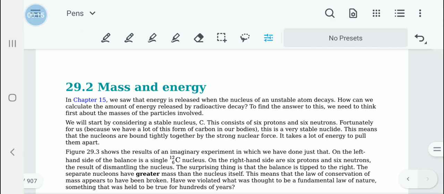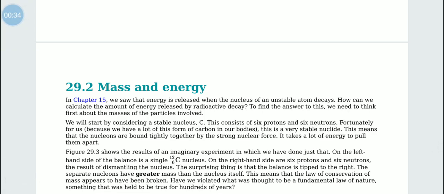Now we know that when an unstable nucleus of an atom disintegrates, that is, decays, it produces energy. So when we have to calculate the energy involved in this, we first have to consider the mass of the materials, or the mass of the particles in it. Now we have to consider an unstable nucleus, but before that let's take a stable nucleus, carbon, for